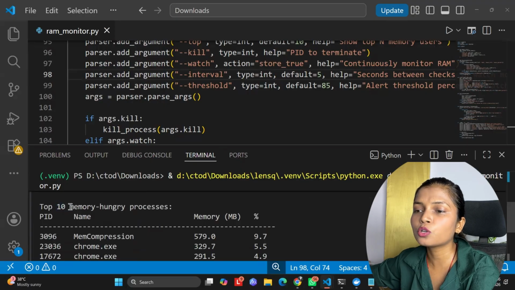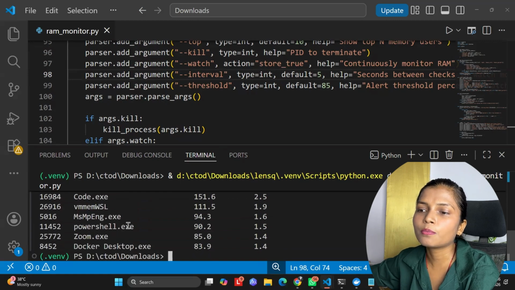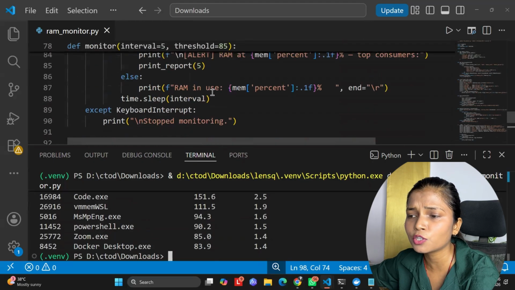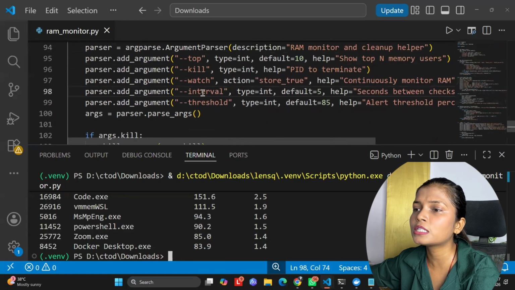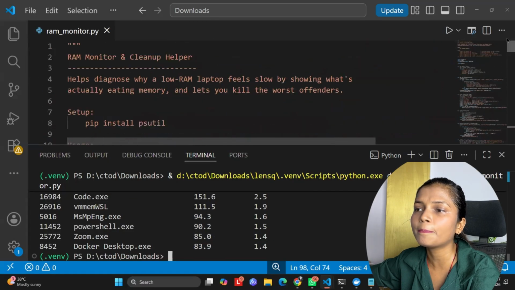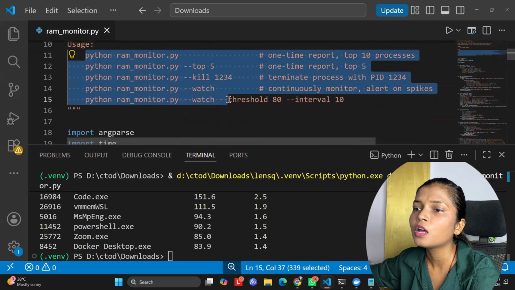You can see it shows the top 10 memory-hungry processes, like Chrome, which I have opened, 2 different IDs, then Zoom, PowerShell, and different things running. Over here we have written top, kill, watch, interval, and threshold, and in the same file I have added above the commands which you can utilize.